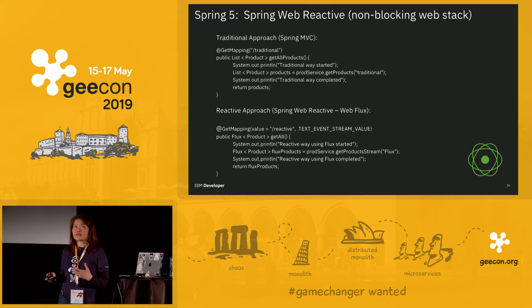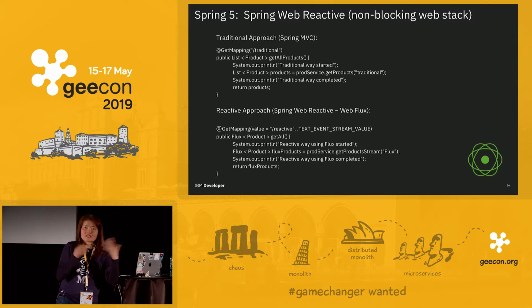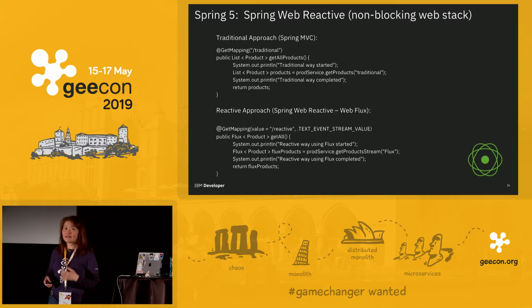Now, if you want to use a more reactive approach to managing your response, then basically you can have your client subscribe. Earlier I mentioned the server sent event, enabled by this annotation, this value. So you can make it a bit more reactive by having your client subscribe to the event of receiving the response from the server when it's ready. In that case, your client would have to subscribe to the event and then wait for the streams of your data to come back too.